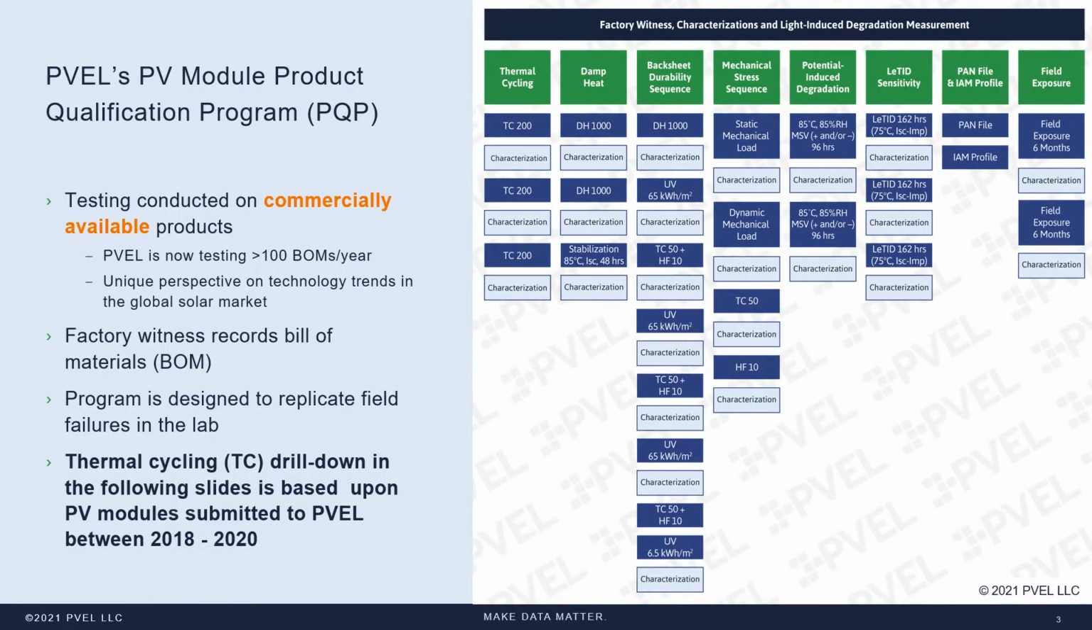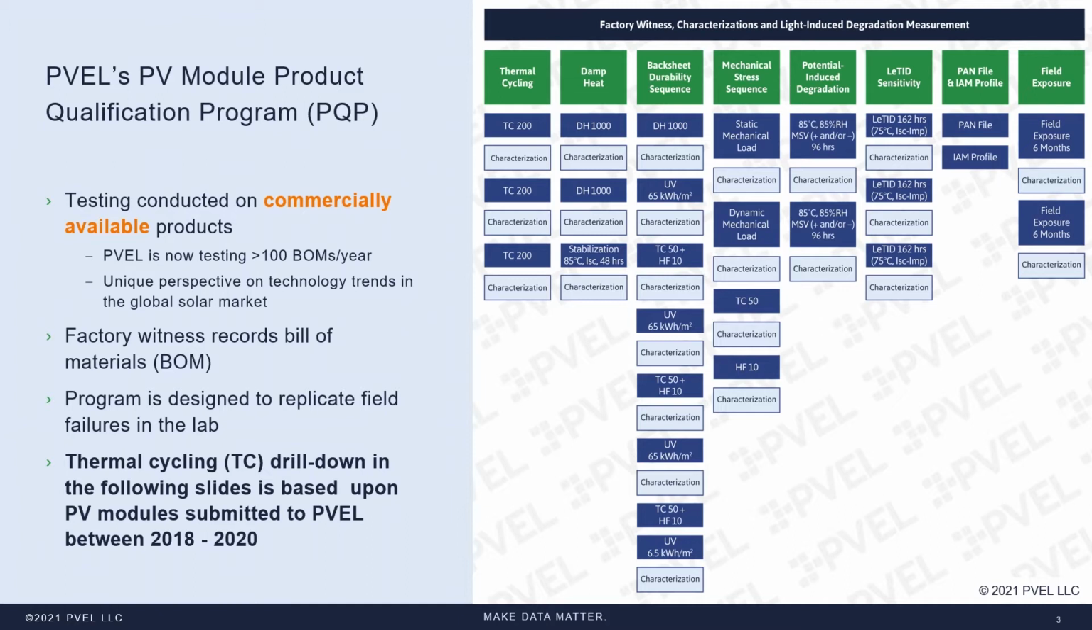Here you see one of our core programs, the PV Module Product Qualification Program, or the PQP. It's intended to be a comprehensive testing program to enable effective and efficient qualification and evaluation of potential module suppliers. We support our downstream partners with this program and help manage approved vendor lists and help with equipment selection for different projects. Nowadays, PVEL is evaluating over 100 unique bill of materials every year,